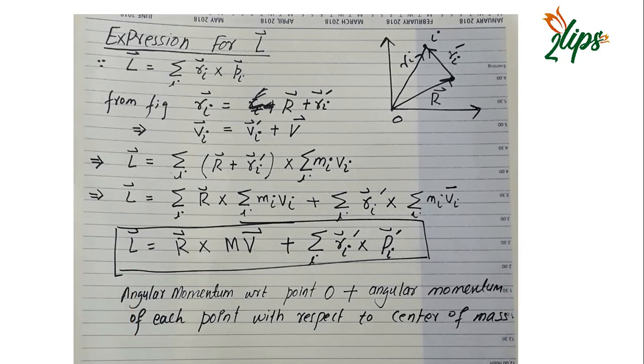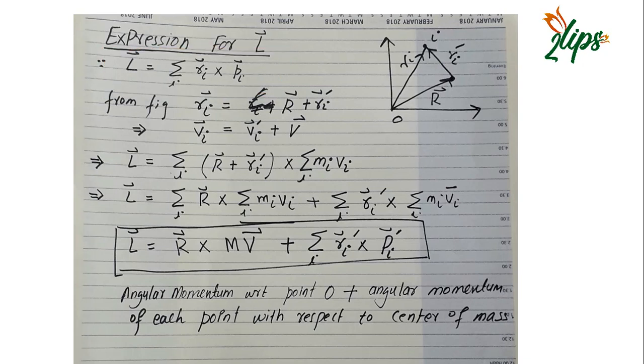Okay, so next we are going to find an expression for angular momentum for such a system. This equation defines the angular momentum; it is how angular momentum is defined. Now if we have a system of particles, I can find the angular momentum by this expression, and thus we can sum up and find the angular momentum of the entire system. So this equation by definition represents the angular momentum of the entire system.